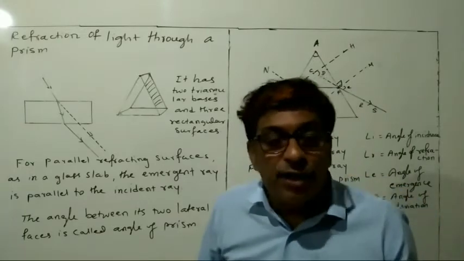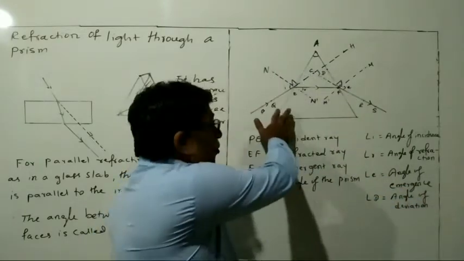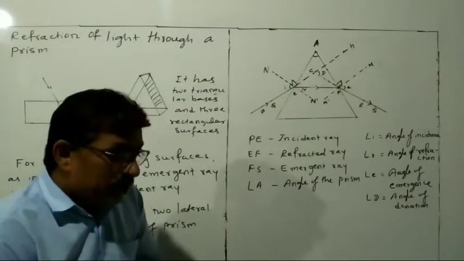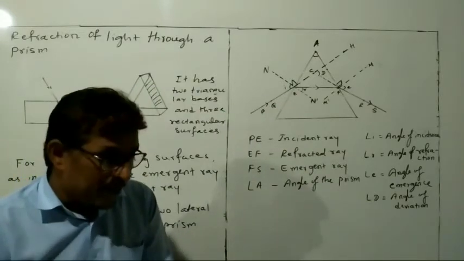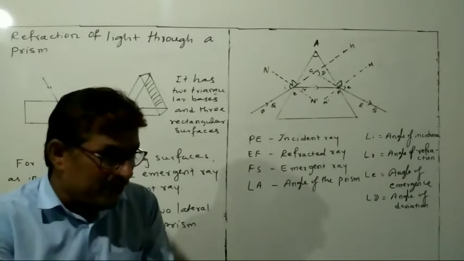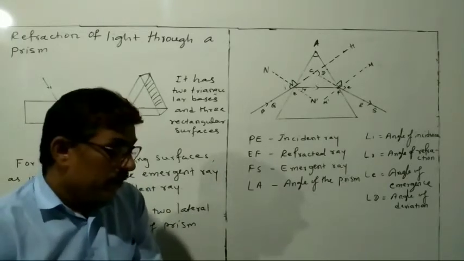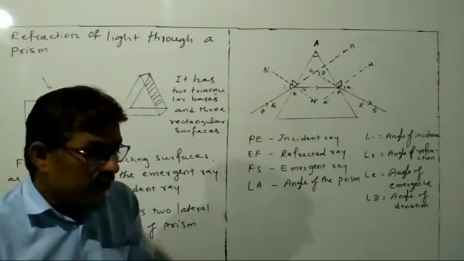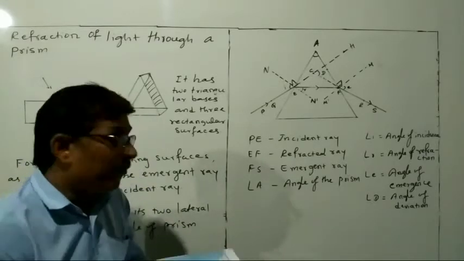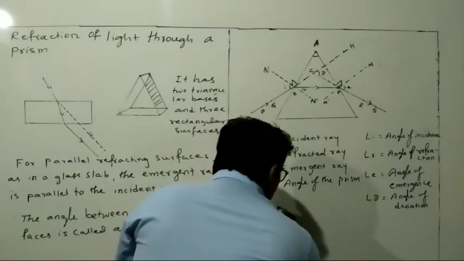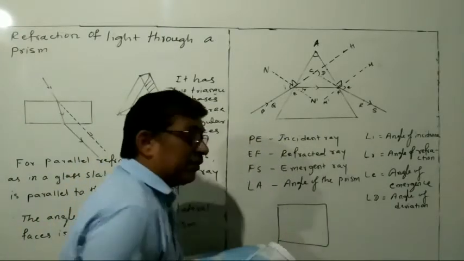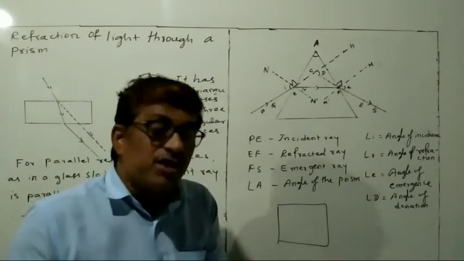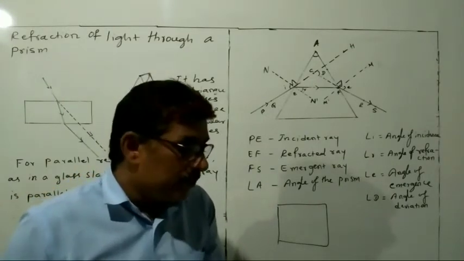Now let us do the activity to study the refraction of light through a triangular glass slab. So here I have drawn the figure. Now here, how to do this activity is mentioned. So what you have to do? Fix a sheet of white paper. Take a white sheet of paper and fix it like this on a drawing board using drawing pins.